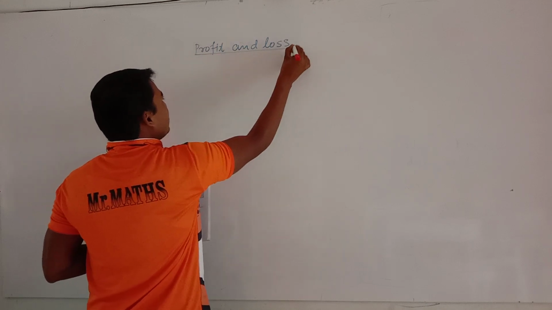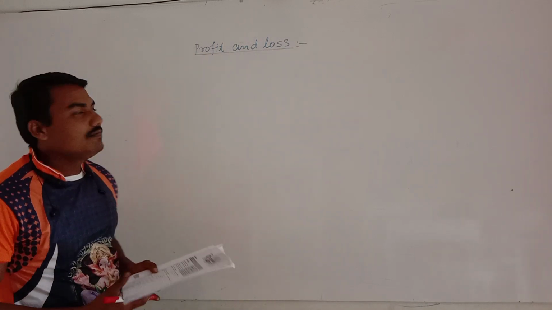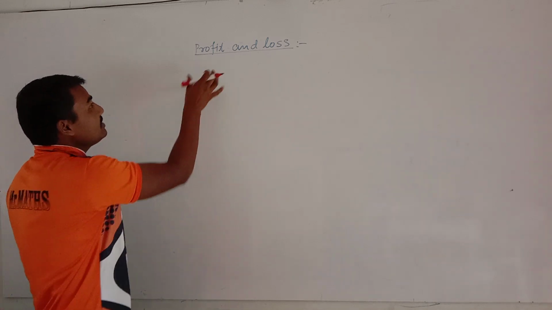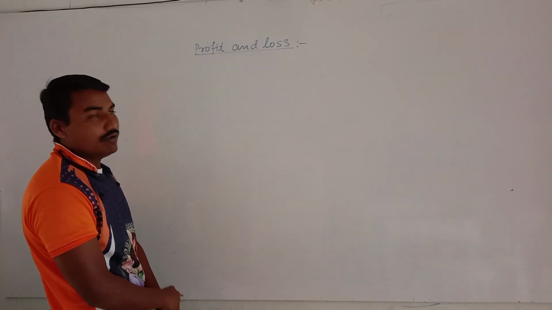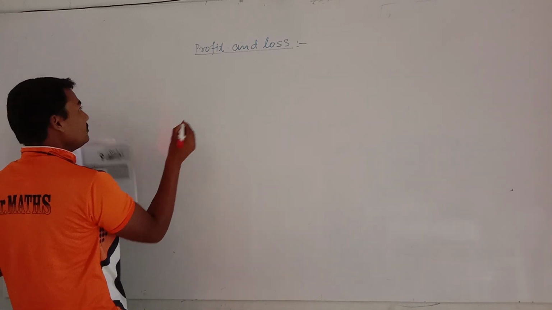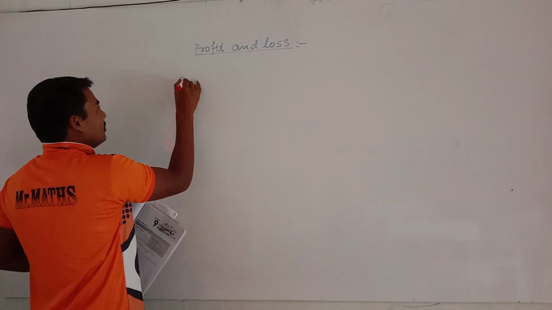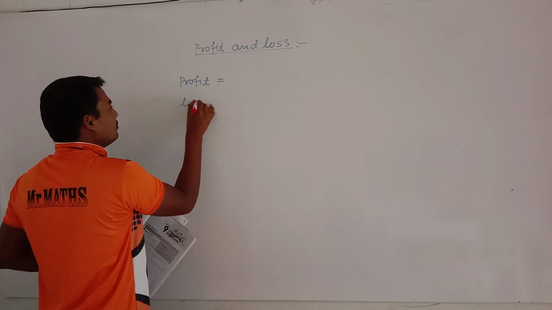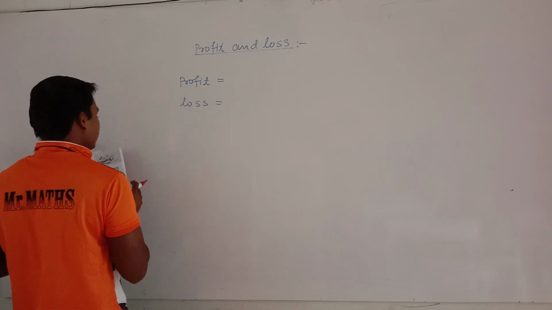Very important point. Next we have to see the profit and loss. Okay. Some important formulas related to that I want to give you. So write down that. Profit is equal to, loss is equal to